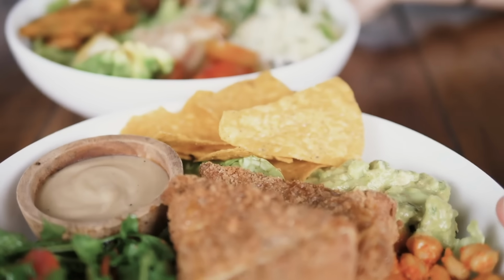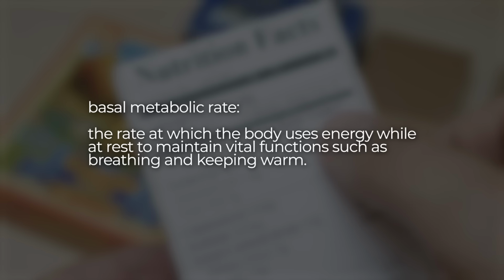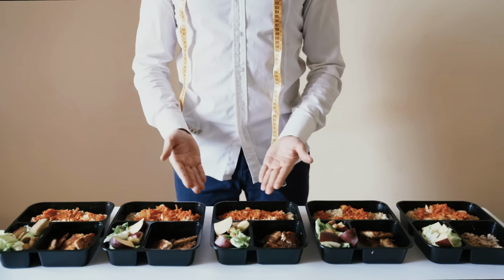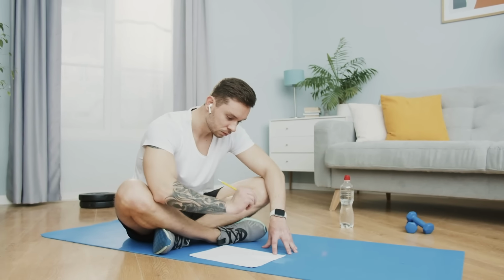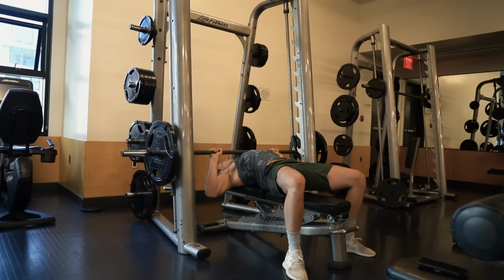Calculate what your basal metabolic rate is, which is essentially the amount of calories you need to eat to maintain your exact weight, and you should generally eat 200 or so calories above that rate and burn it all off at the gym. You can also increase the number of calories you eat depending on how much you're burning at the gym. This is a great way to gain muscle as you won't be putting on any extra pounds of fat,